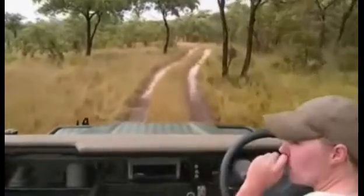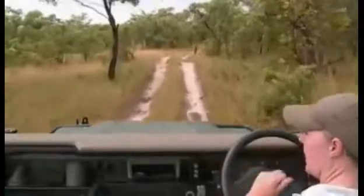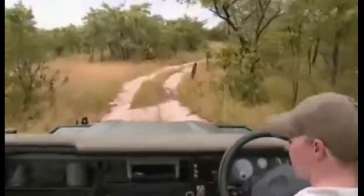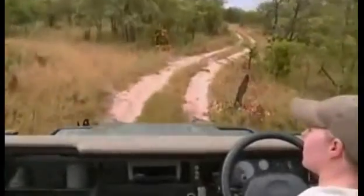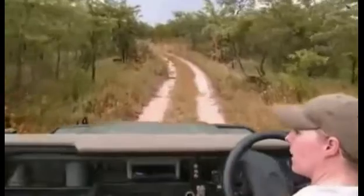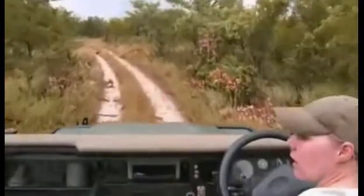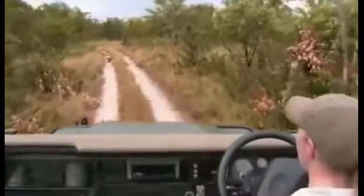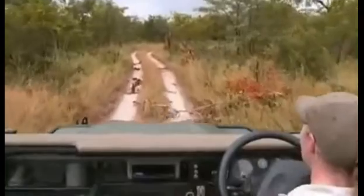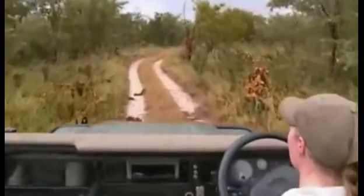We saw the bull elephant just on the edge of the quarantine area, and Andrew said, "Oh, there's an Ellie there," and we just had to mess with the microphone. It had a little bit of water in it, so I just messed with the microphone, and then we went off to try and find him, and he just disappeared. He was pointing down towards the dam, so chances are he went down there. So we went down towards the dam. No, couldn't find him. Turned around, came back, and we were on the southern side of the quarantine area,